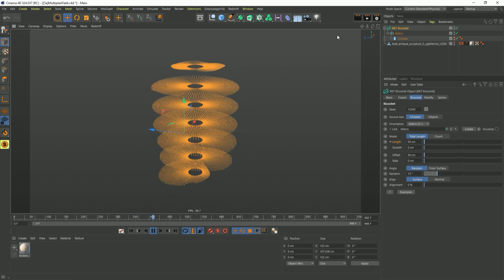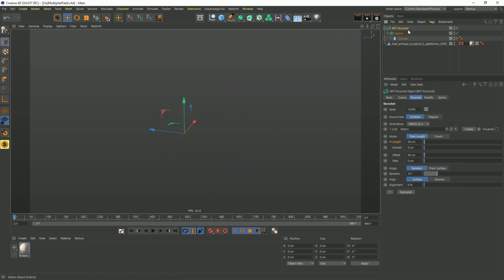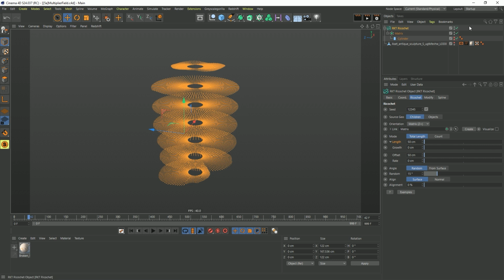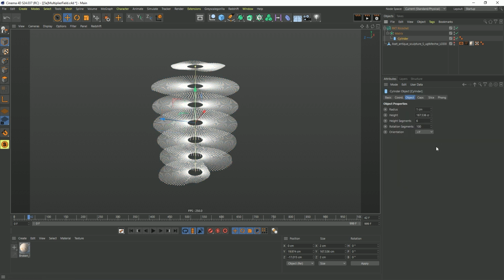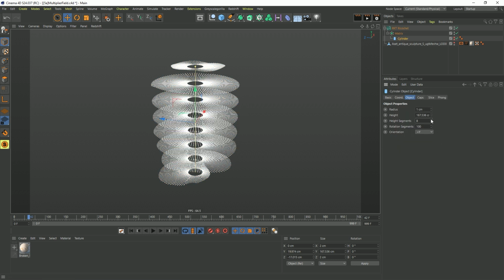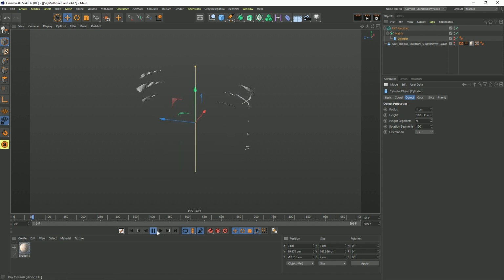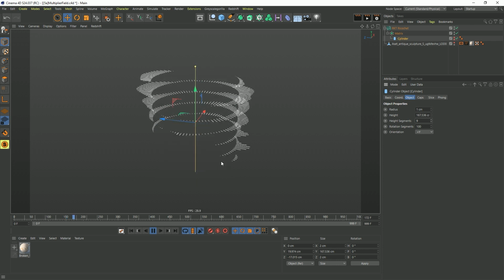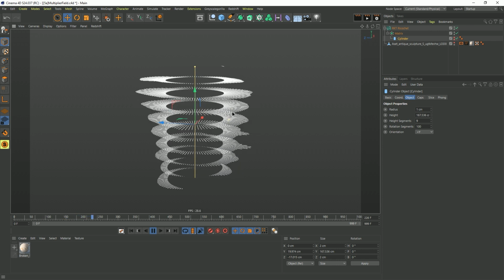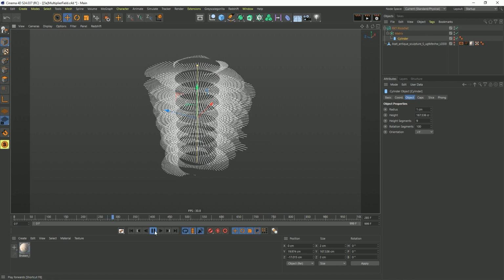Of course, this is all still live. Let's give that pause, rewind, and go to whatever frame I would like. Let's say that the cylinder has a couple extra segments, so we'll stack up a few extra, and now we can see we've got extra stacks there. But they're all doing the exact same thing at the exact same time. It is taking on the shape of the head overall, but I would like to get a little bit more